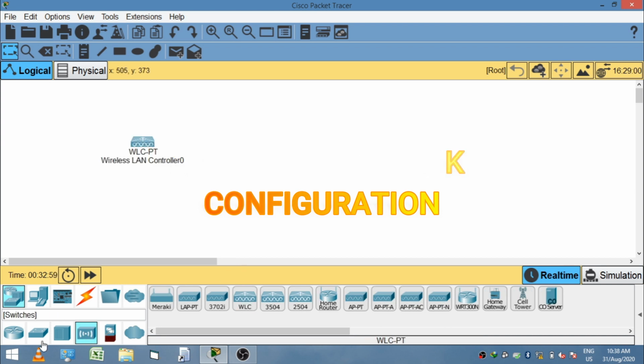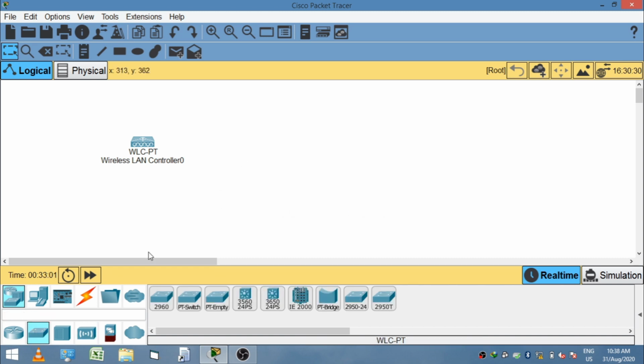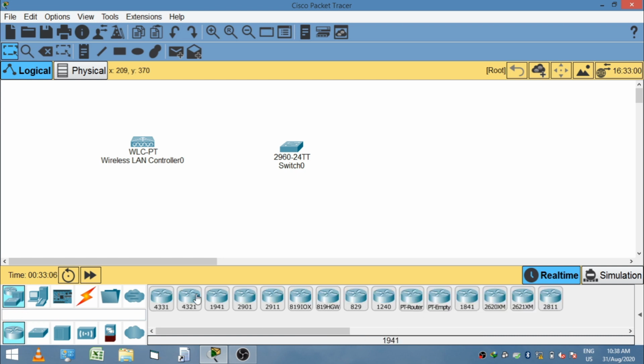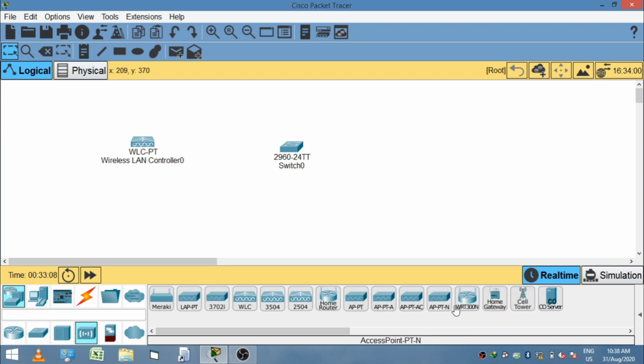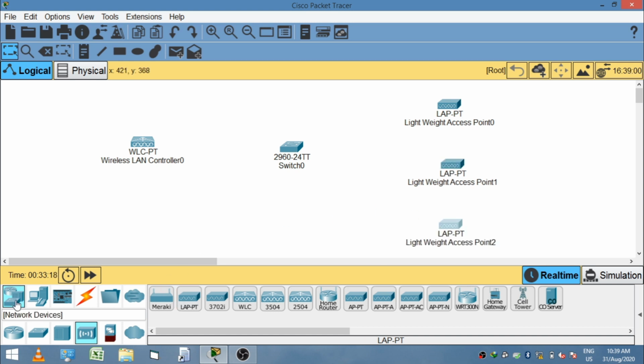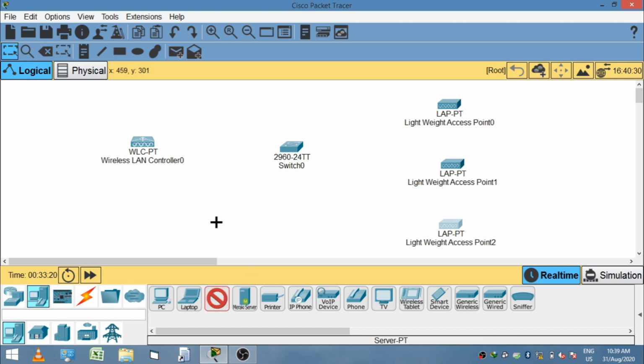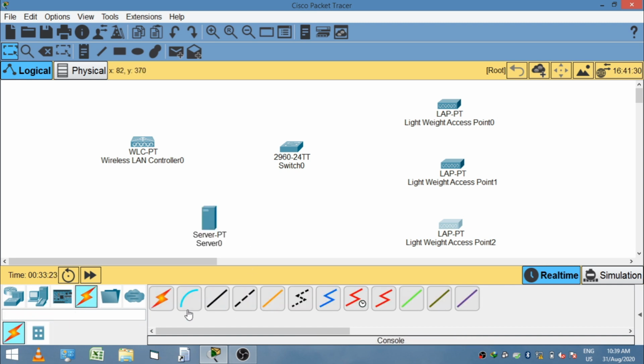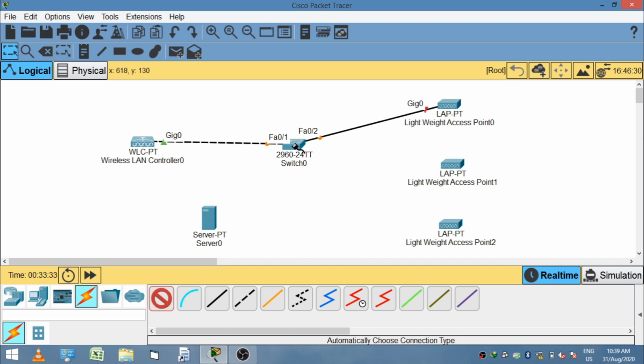Today in this video I configure a WLC controller and WLC network. To configure a WLC, or wireless LAN controller, we need a WLC-PT wireless controller, a 2960 switch, three LAP-PT lightweight access points, and a server.